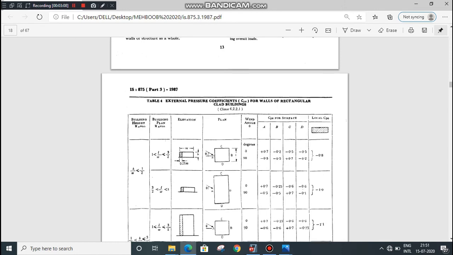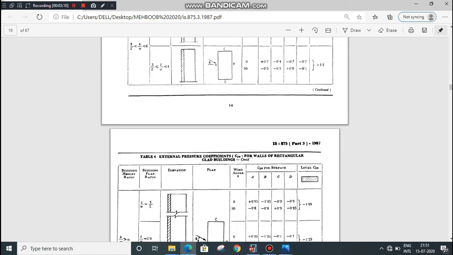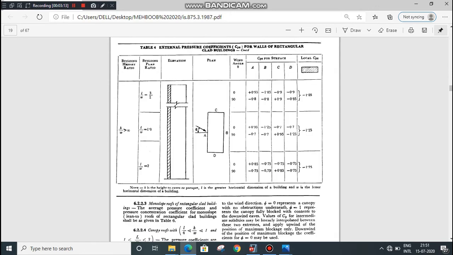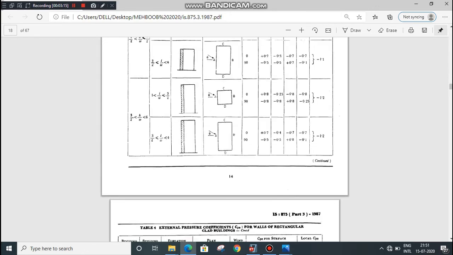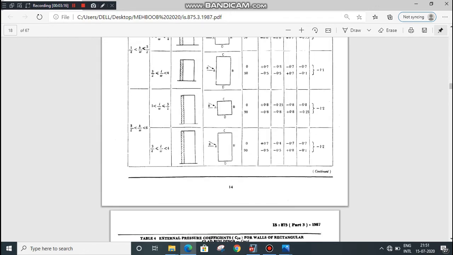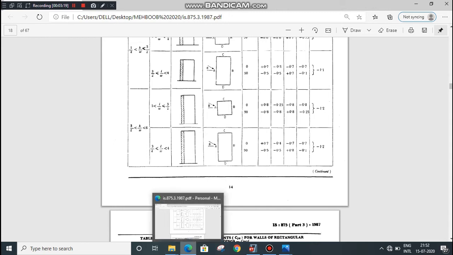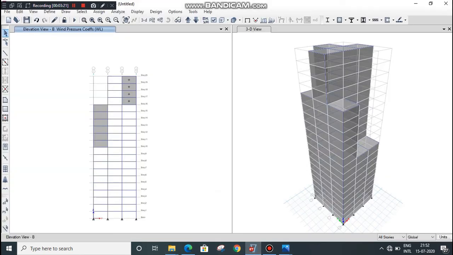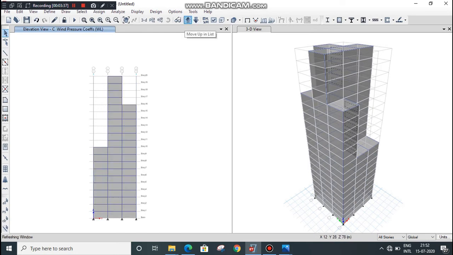This is the B region and this is minus 0.25. Therefore select all the walls which have the same coefficient as B. Go to up, again go to up and select all these walls.